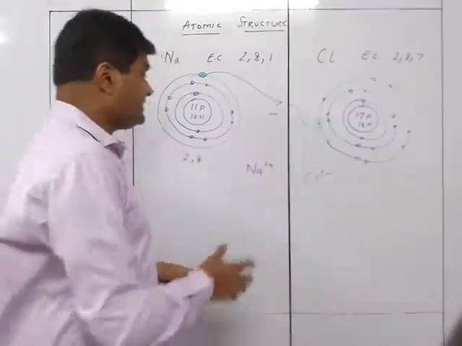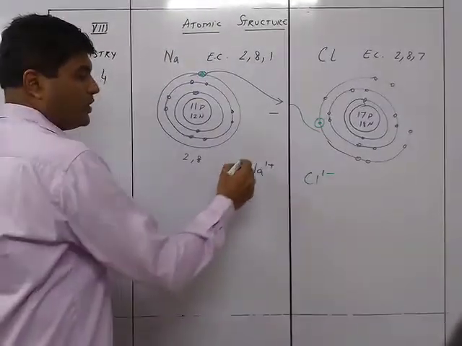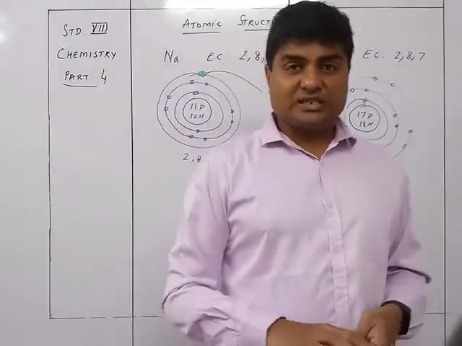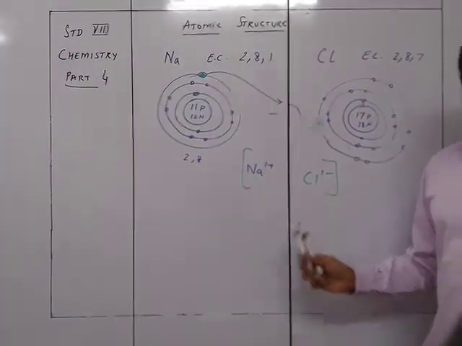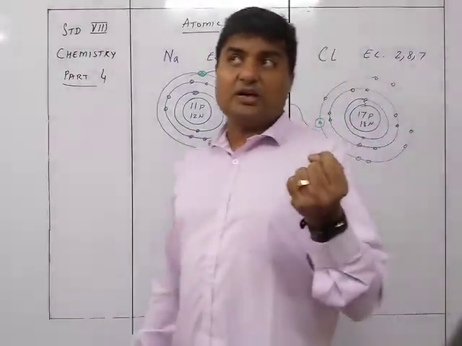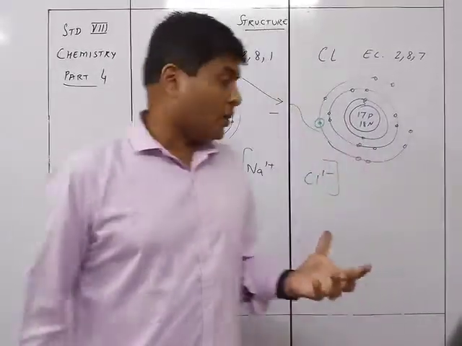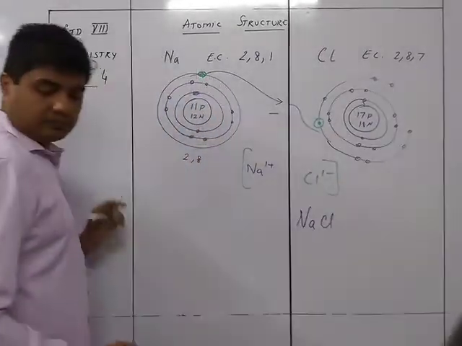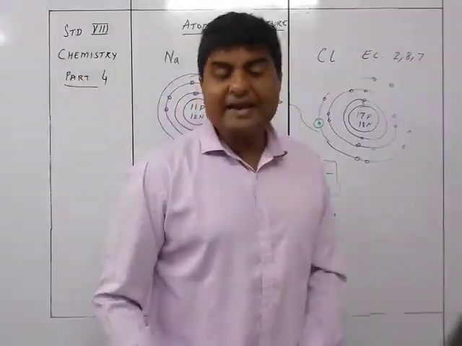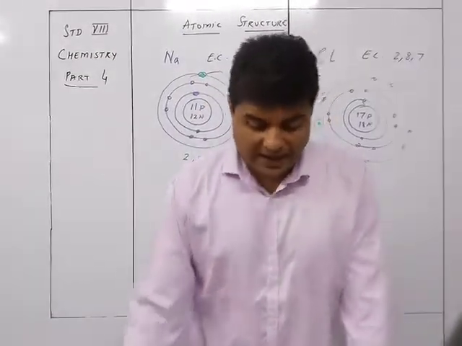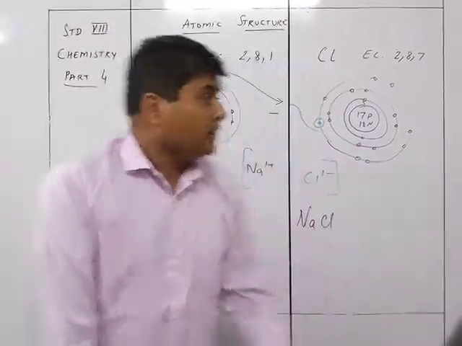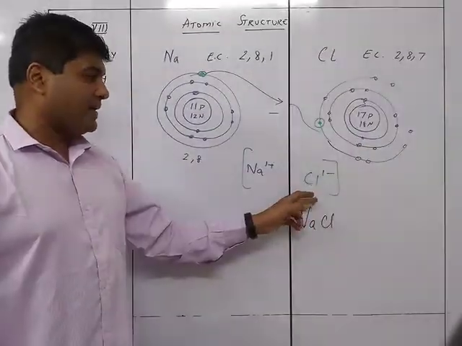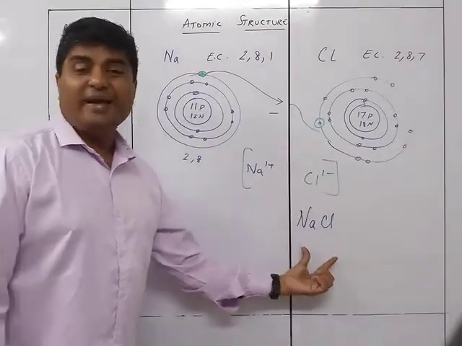Now, this Na 1 plus and the Cl 1 minus are going to combine together. Why? Because of the positive and the negative charges. See, this is positive charge, this is negative charge. The positive and negative are going to attract each other, and due to the attraction over here, they are going to form a compound, that is NaCl. The NaCl so formed is nothing but sodium chloride. Sodium chloride is a compound wherein the sodium has given away 1 electron to become Na plus, chlorine accepts the electron to become Cl minus, and accordingly they combine together to form NaCl.